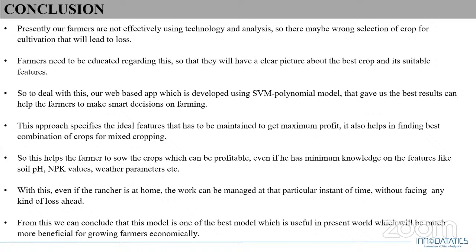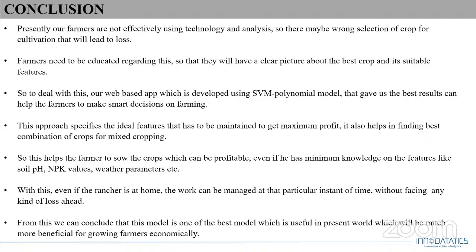Conclusion. Nowadays technology is being used in every field, but farmers are not effectively using it because of lack of knowledge. So we have to educate them about the technology. To do that, we have developed a web-based app using the SVM polynomial model, which gives a recommendation for top 10 crops and their ideal features that have to be maintained to get maximum profit, among which the farmer can choose the best crop he wants to grow.